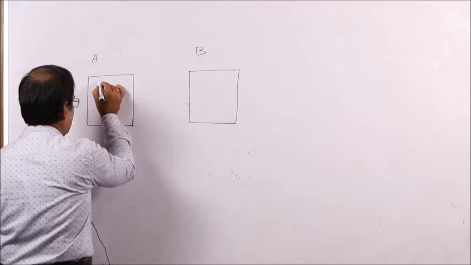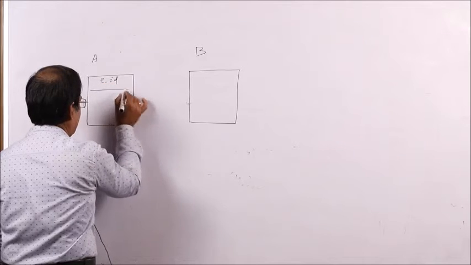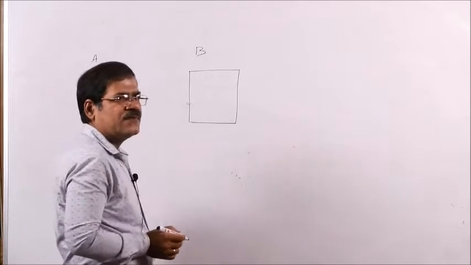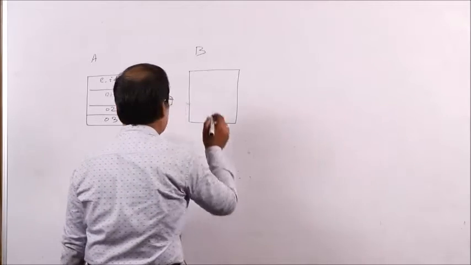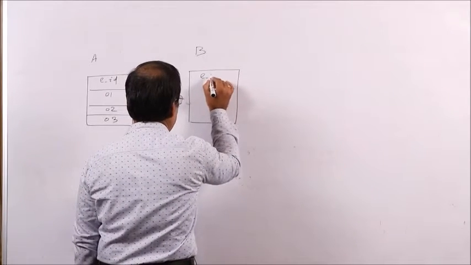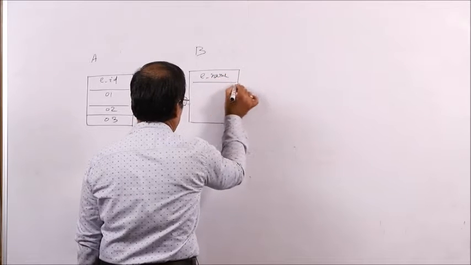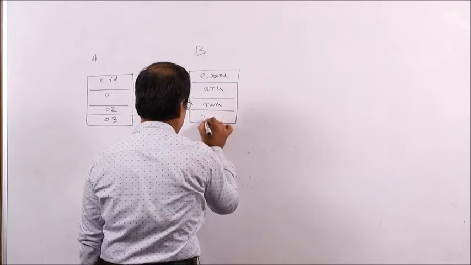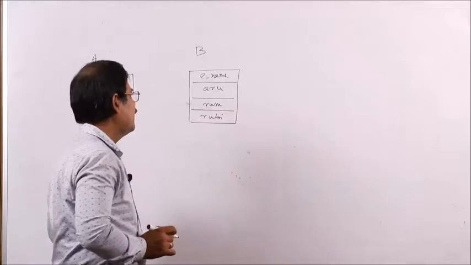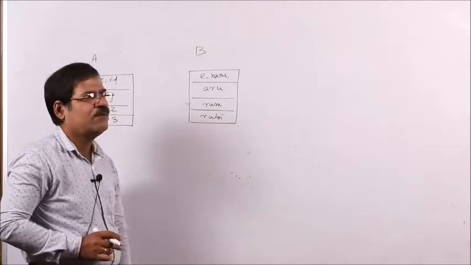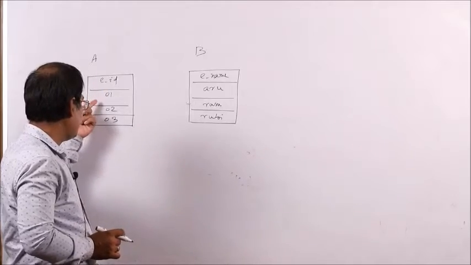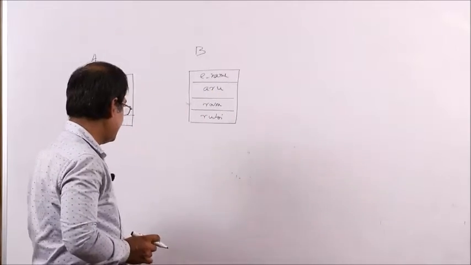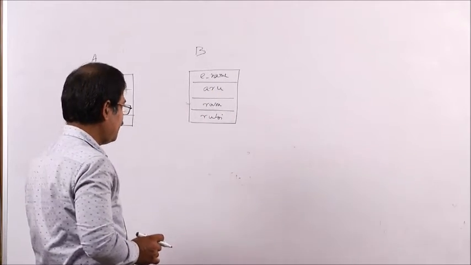Table A has one field, employee ID, suppose 01, 02, 03. Another table, named B, has employee name, suppose Aru, Ram, Ruby. So, how many records are there in table B? There are 3 records. How many records in the first table? There are 3 records. So, that is the Cartesian product of two sets.